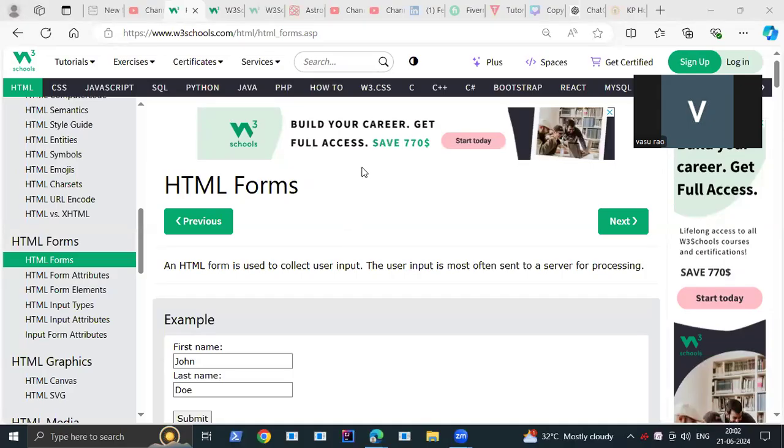Okay, now in today's class, we will try to understand HTML forms. In the previous classes, we tried to understand how to create a web page with different features,